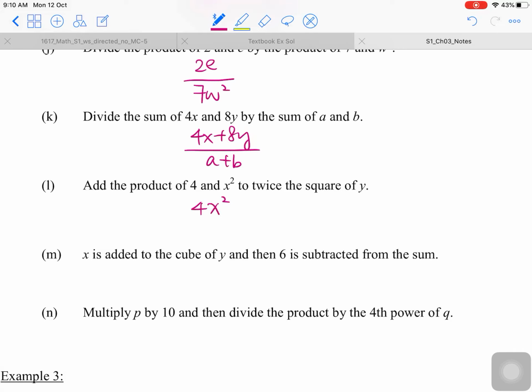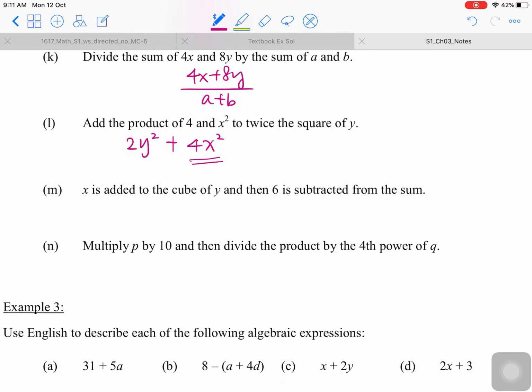Okay, part L. Add the product of 4 and x squared. Add the product. Twice the square of y, the square of y first, and then twice, 2倍. So add it to the product. So it should be plus 4x squared. 加加後邊嗰個去前面嗰個，咁所以 4x 二次咧應該寫喺後邊嘅。